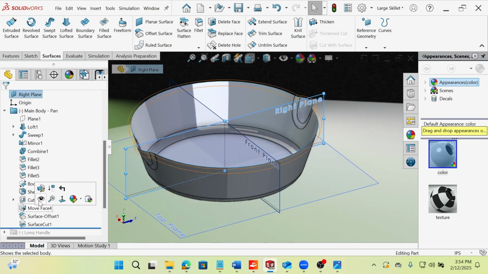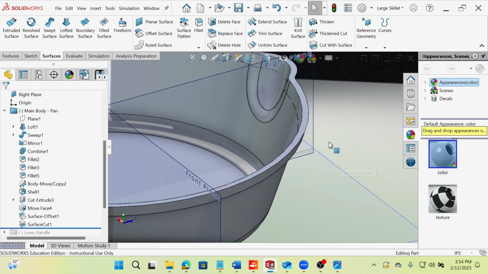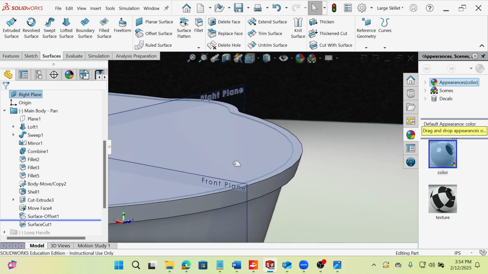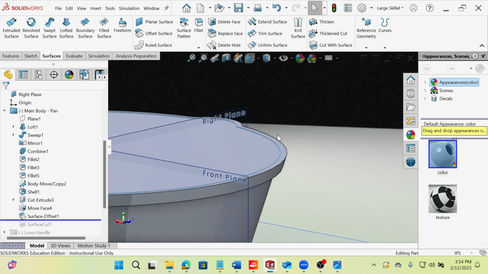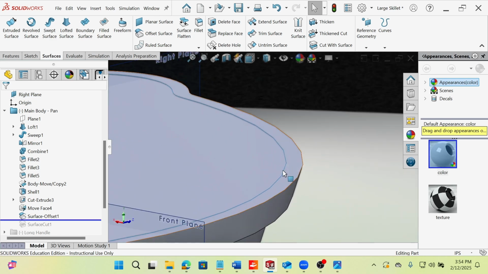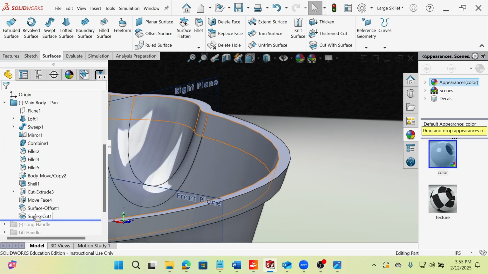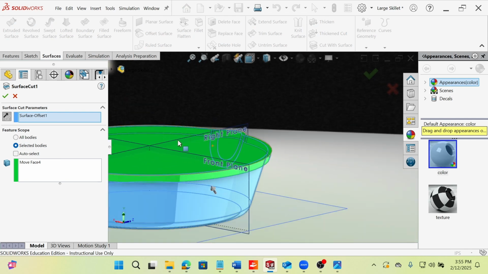So we've got our surface, there's our move face. So there's our surface cut. Beforehand, it was full. Now you can see that surface kind of coming to the inside, like we've talked about. Any edge shown in blue is showing a surface edge, not a solid edge. So just a quick visual indicator there, but you'll get that surface cut going, and the direction can be changed